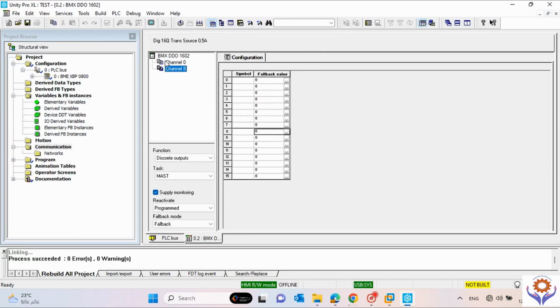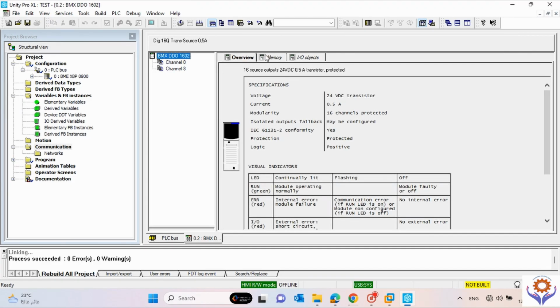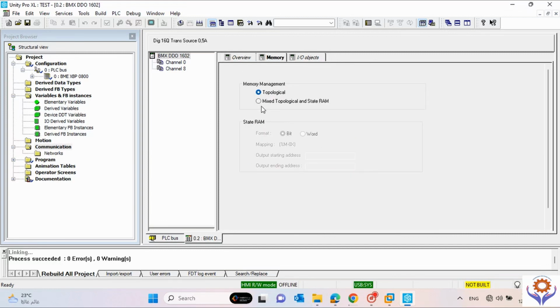And also you can see the complete module features here for each one. For example, the overview of the DO module. You can see the specifications, and also the LED. For example, if the LED is continuously green, it is normal. If it is red, it means internal error or module failure. If the IO LED is red, it means short circuit, etc. So you can find even the 0.5 ampere and channel properties, it's protected and maybe isolated, it's configured, and IEC conformity is yes. And for memory you can change this one, but before doing this, you just click